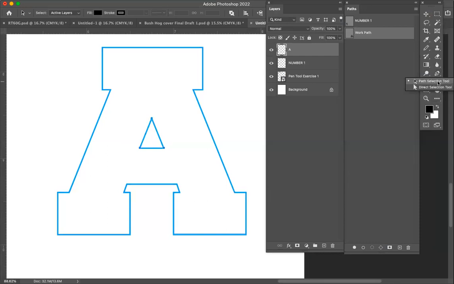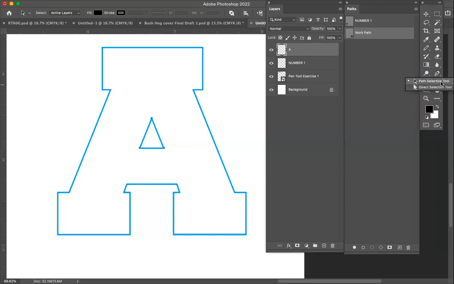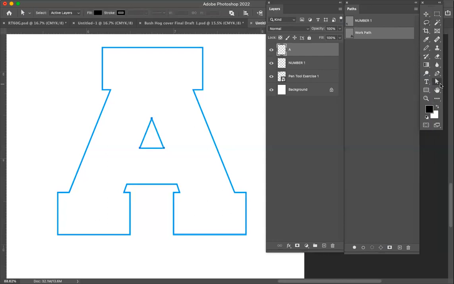Now, again, if you select the black arrow, which is nested under the white arrow, okay, these little triangles in the corner tell you that there's other tools nested underneath, like this lasso tool has a polygonal lasso tool, a magnetic lasso tool, okay? The white arrow is the direct selection tool. The black arrow is the path selection tool. Direct selection, the white arrow, allows you to choose individual points, okay? You'll see that one's black, the rest are white. The black arrow